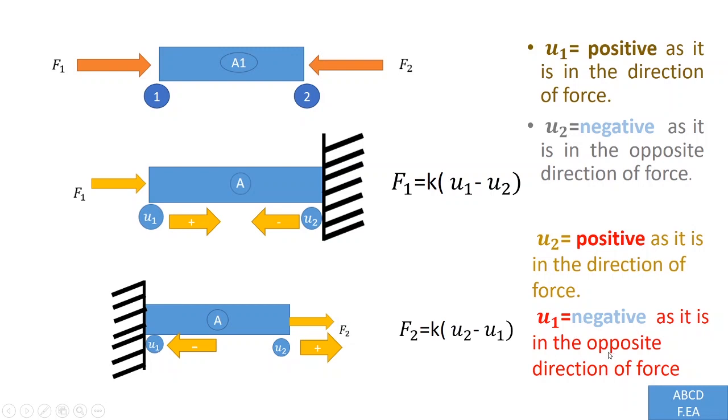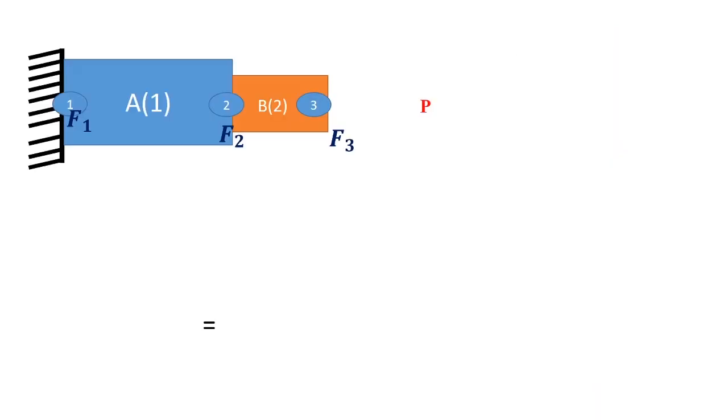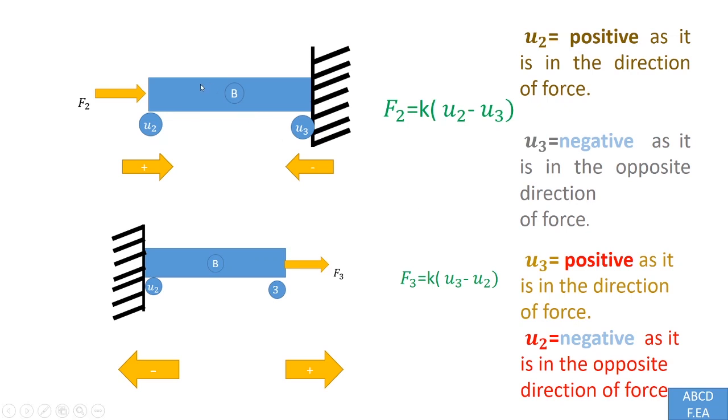Similarly, this we have done for our element A or element 1. Now we will do the same procedure for our element 2 or element B, you can say. Same procedure. So I will just write down the steps. Okay. So this is my element B. So what is my step? So first step is I will fix my corner point U3 at fixed.